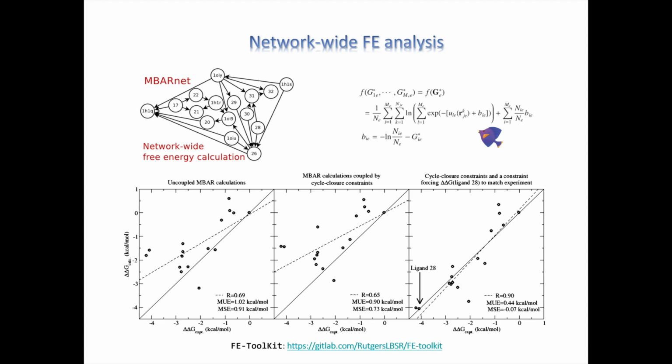If there are known experimental free energy values, the analysis can also involve experimental constraints, which sometimes, as is illustrated in the bottom right, when we include a small number of experimental constraints, in this particular case just one, sometimes we get correlation with experiment for all the ligands that's much higher than if we didn't include the constraint. So importing into the analysis a little bit of known experimental information sometimes can increase the predictive capability of the rest of the network, including those ligands which were not known.